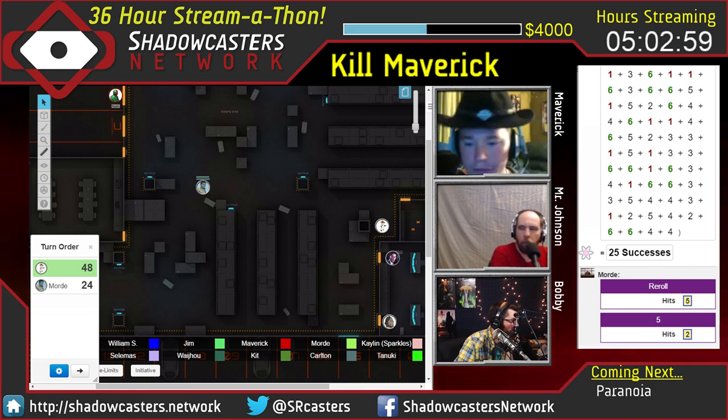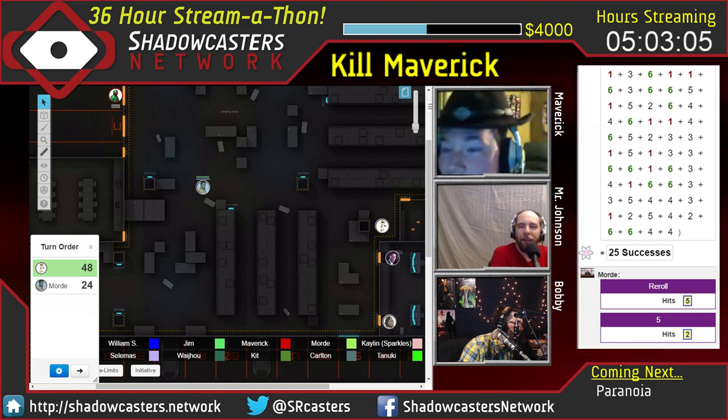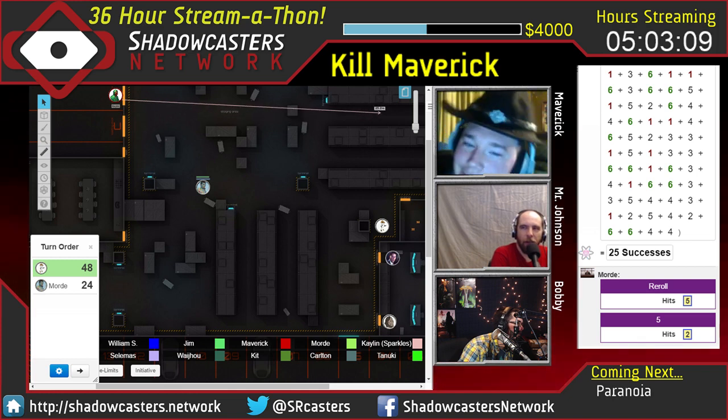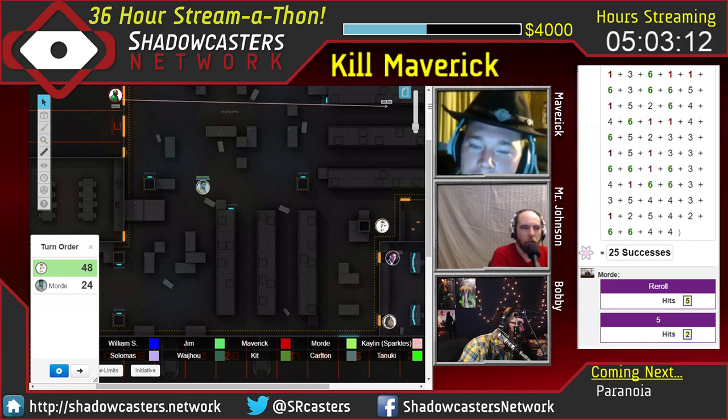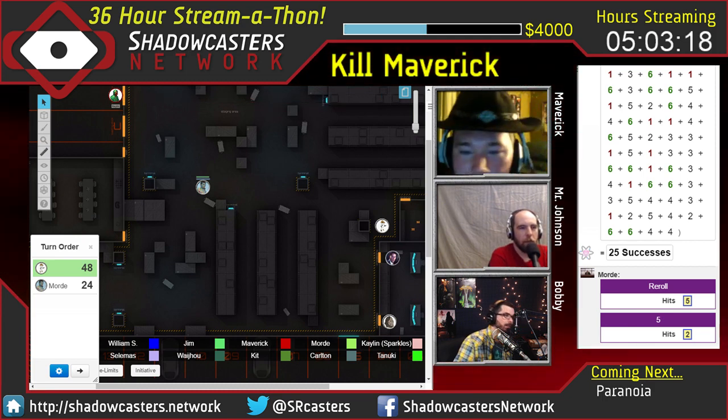Sorry, 23 net successes for you, Maverick. Oh, I'm like, holy crap! That's a lot of successes. Good job. All right. 23 net successes. Man. Okay. So you're looking at 34 physical with -3 AP, and I'm gonna go straight through the guitar into your heart